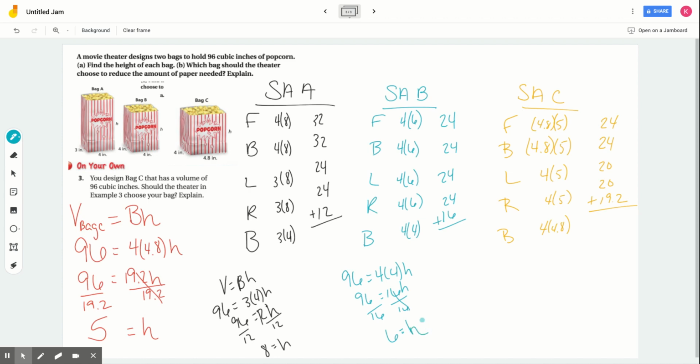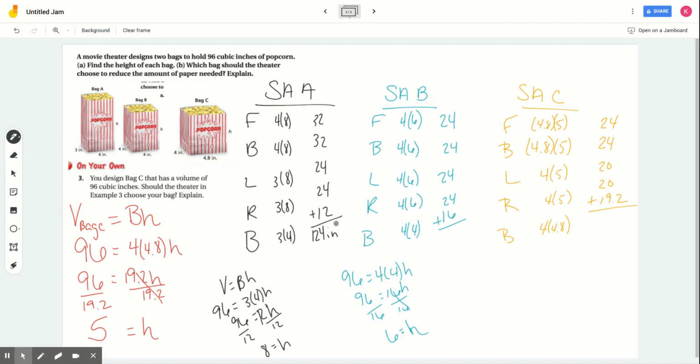So now I have written in all of our formulas that you should have written in as well on your guided notes. So the front of bag A is 4 by 8. The back is the same. Left is 3 by 8. Right is the same. And the bottom is 3 by 4. Now when we go to add these, 32, 32, 24, 24, and 12, we are going to end up with a surface area of